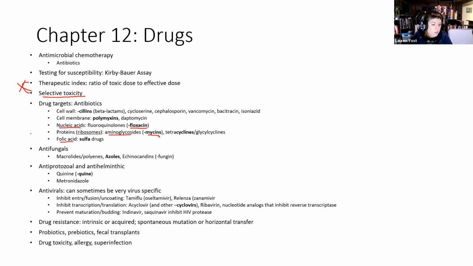And then we have the ones that prevent maturation and budding. This can also include Tamiflu, because it also has action here, as well as inhibiting getting in. But the ones that we also talked about were Indinavir and Saquinavir, I guess. I don't know the names of these, but I can tell you how it works. So HIV, in addition to having its special little reverse transcriptase, which helps it turn its RNA into DNA so that it can put that DNA into our actual genome,